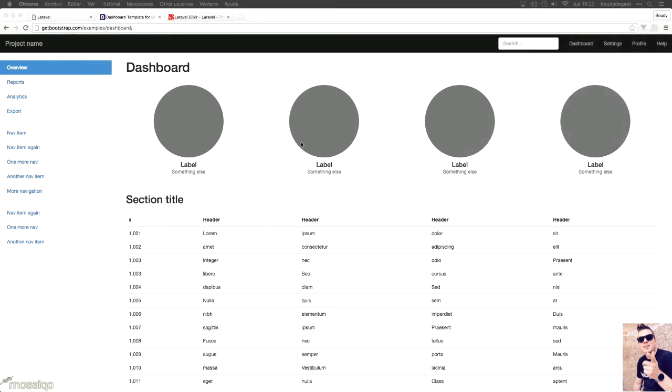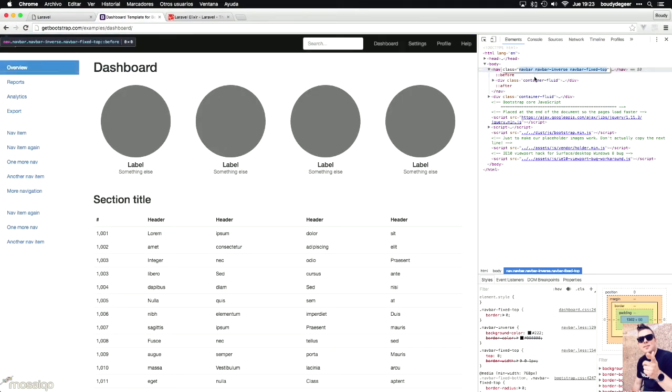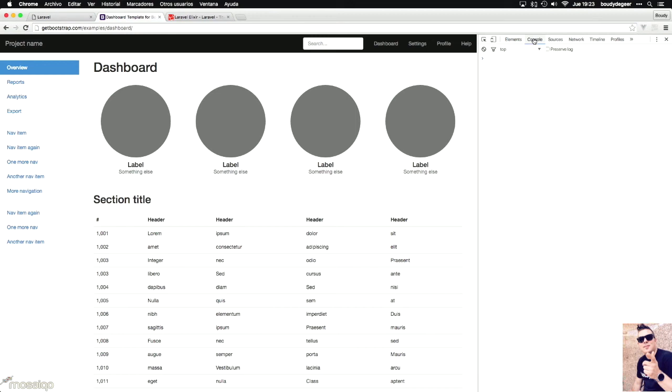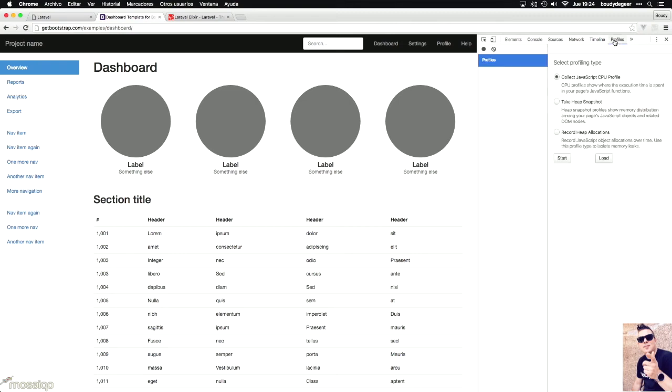I hope this helps. So, in the DevTools there are a lot of helps. You can inspect in real time, you can change in real time. You have a console, so you can directly run some JavaScript here. You have all the sources, you have network, so you can see in real time what is loading and how much it takes. The timeline shows you how much it takes to render or whatever. So it's really awesome. For performance, you have different profilers,